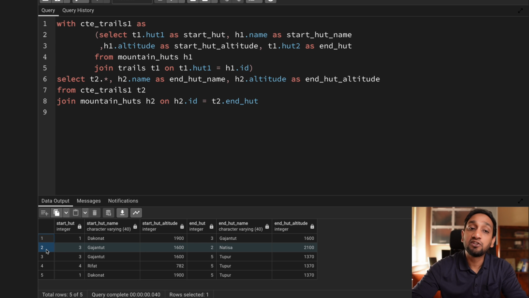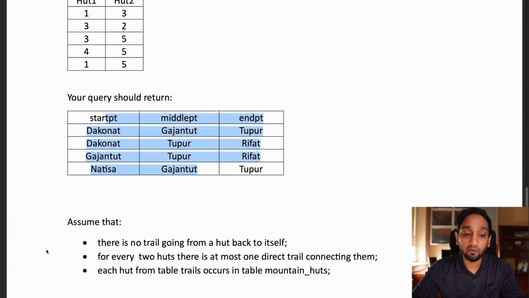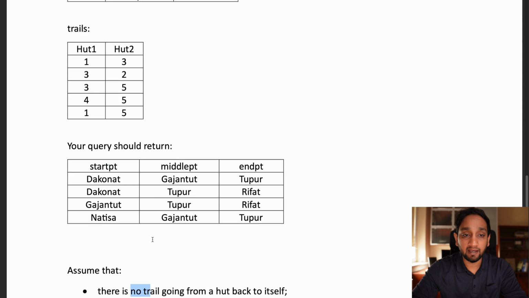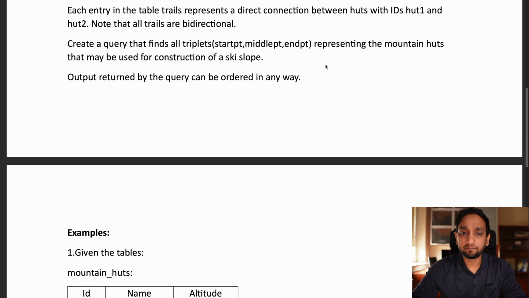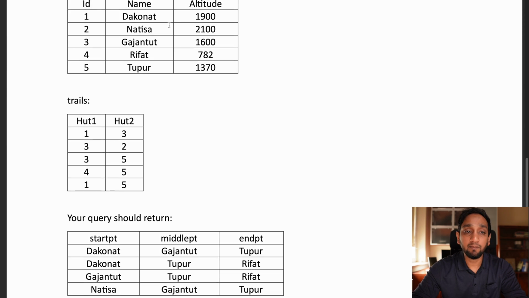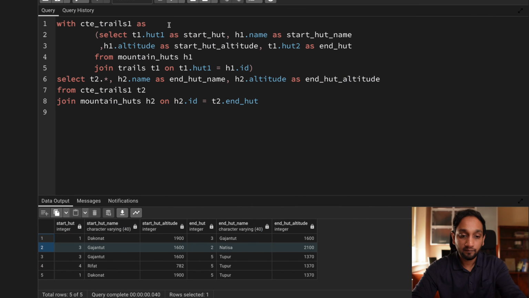But they also mentioned one more point, and that was that the trails are bidirectional. I think they mentioned it somewhere. Yes, here: the trails are bidirectional, right? So what this means is I can interchange the positions here. I cannot build a trail from Gajantut to Natisa because their altitude is not decreasing. But if I reverse them, and build a trail from Natisa to Gajantut,